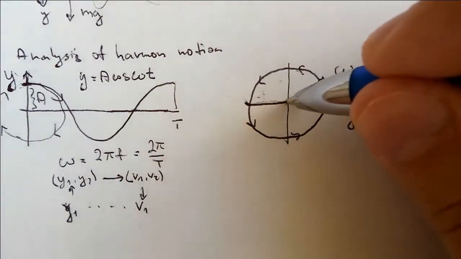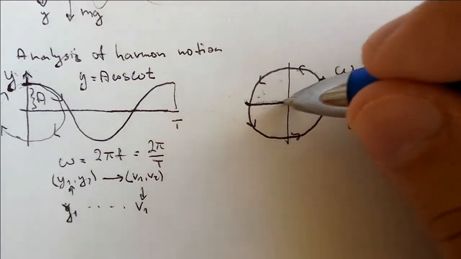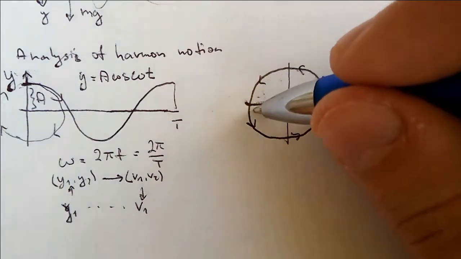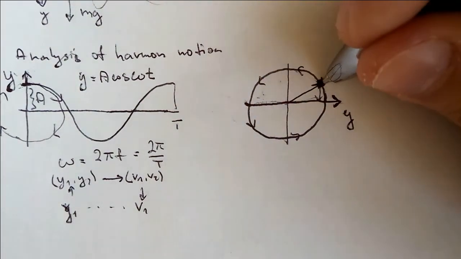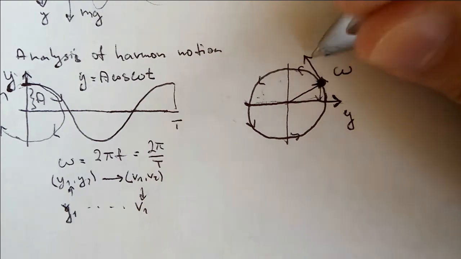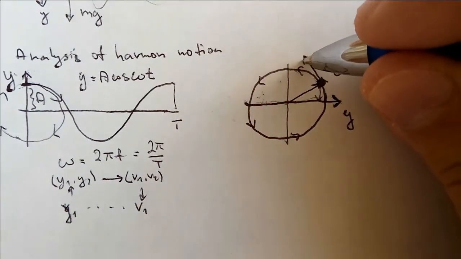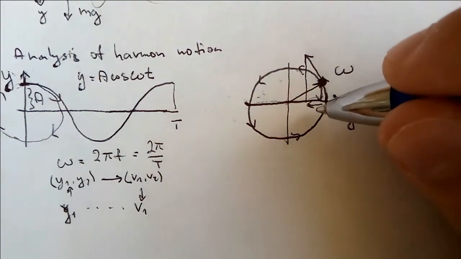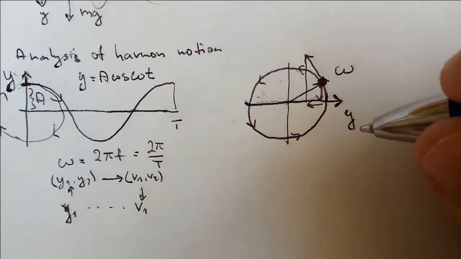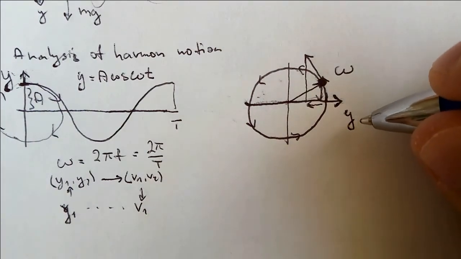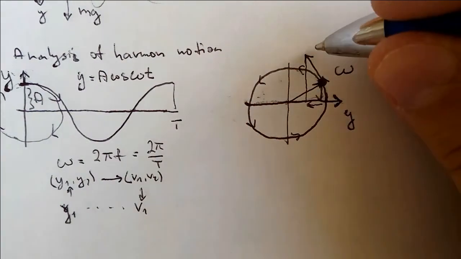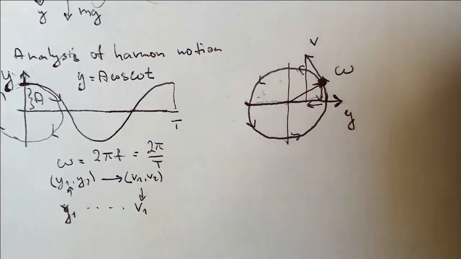This motion, which is in this fashion, I will produce by projection of this point, which is moving in this direction, and the velocity of this point is very easily found. It's just this vector, and the projection of this vector has to be the velocity in the y direction. This should be called y1, but I will call it just y for simplicity. So this is v. What is the acceleration